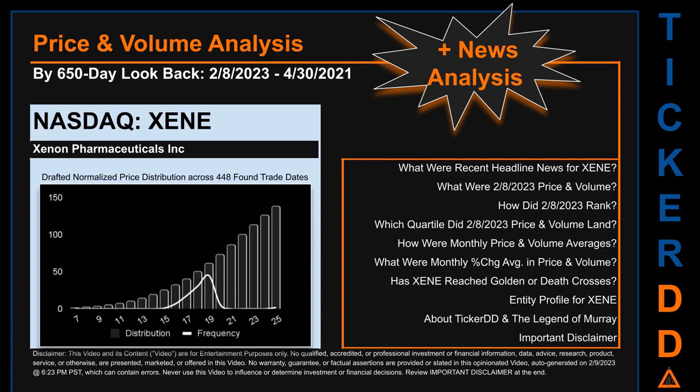The chart shown on this page is our initial attempt at studying the price for XENE after dynamically normalizing price distribution across those discovered trade dates. The bar chart is the generated distribution and the overlaid line graph, if it is generated, is the frequency of the prices on the x-axis. We will enhance this look as our AI model progresses in the next iteration.